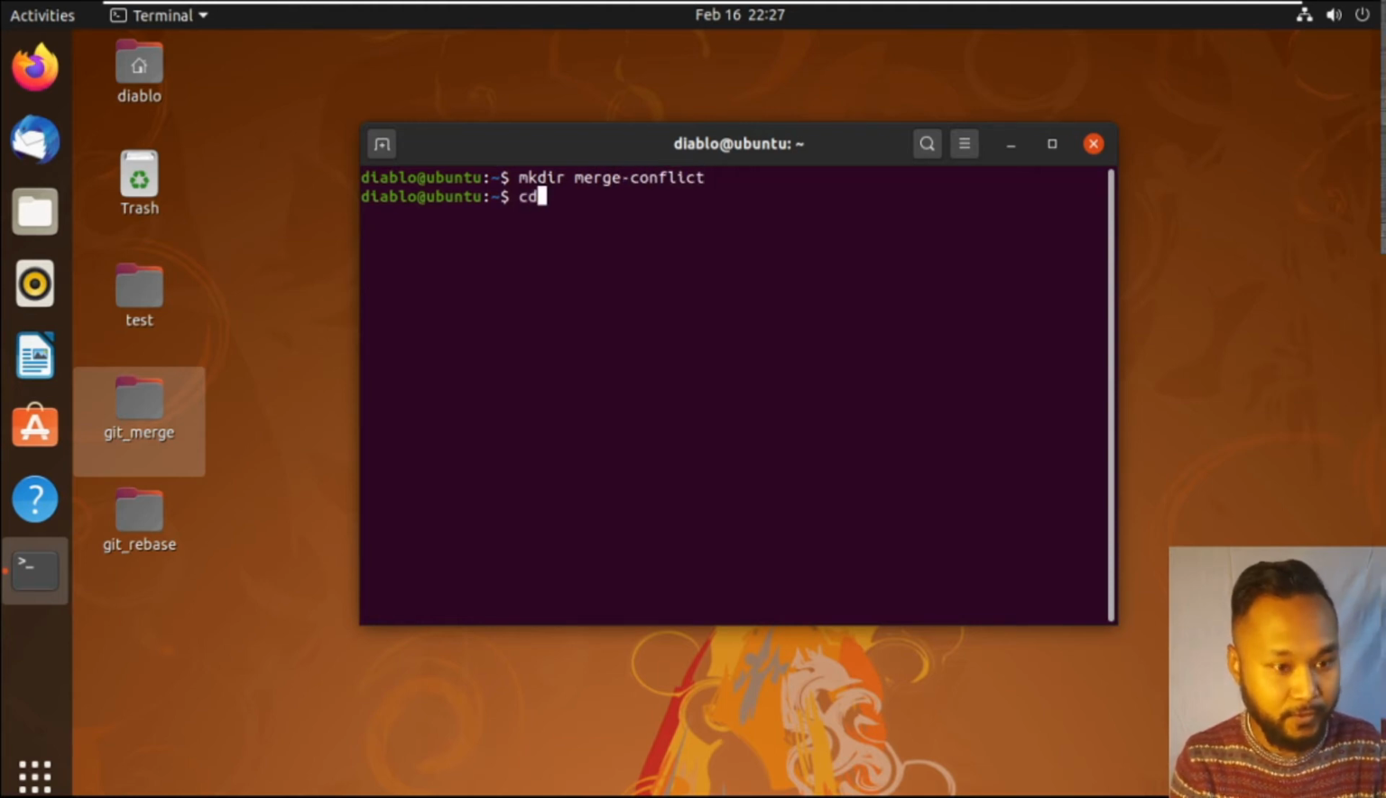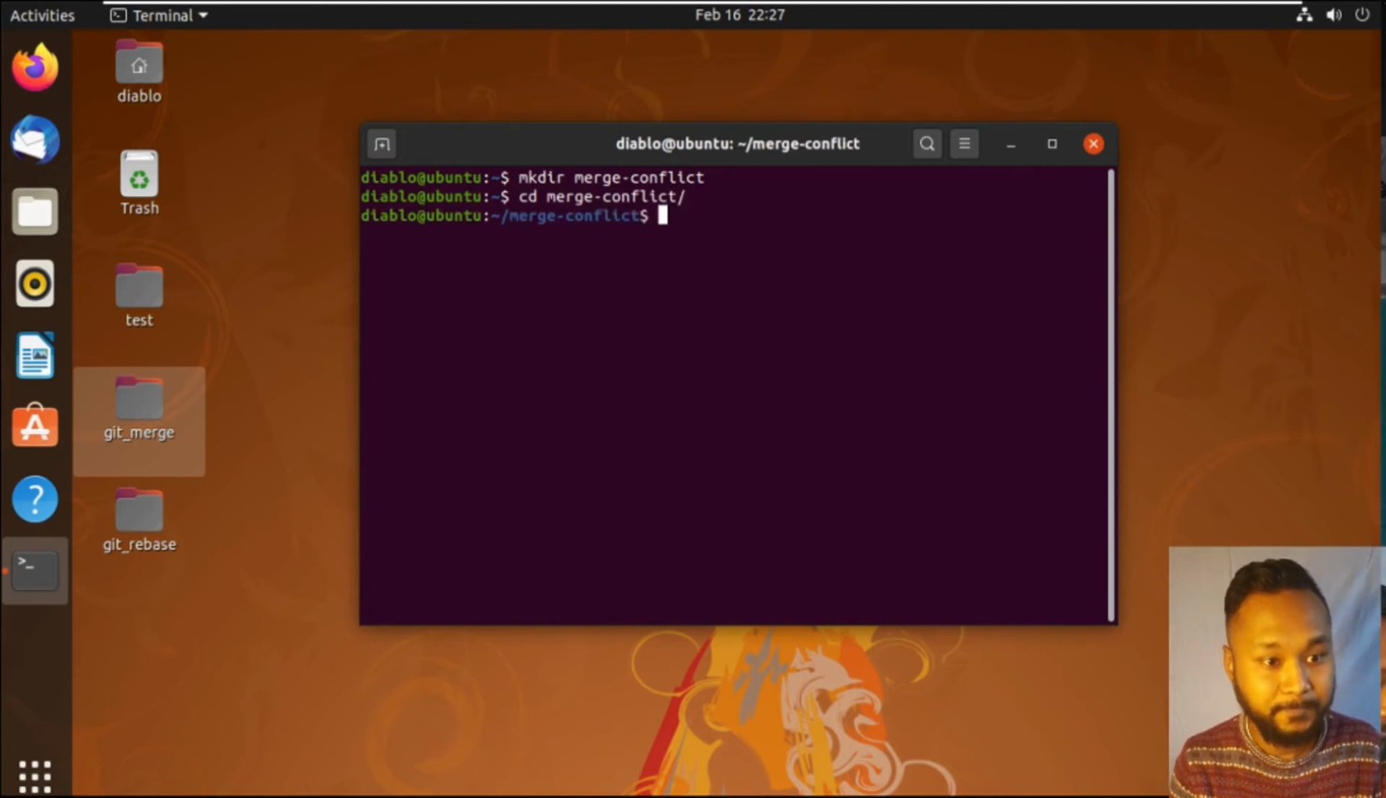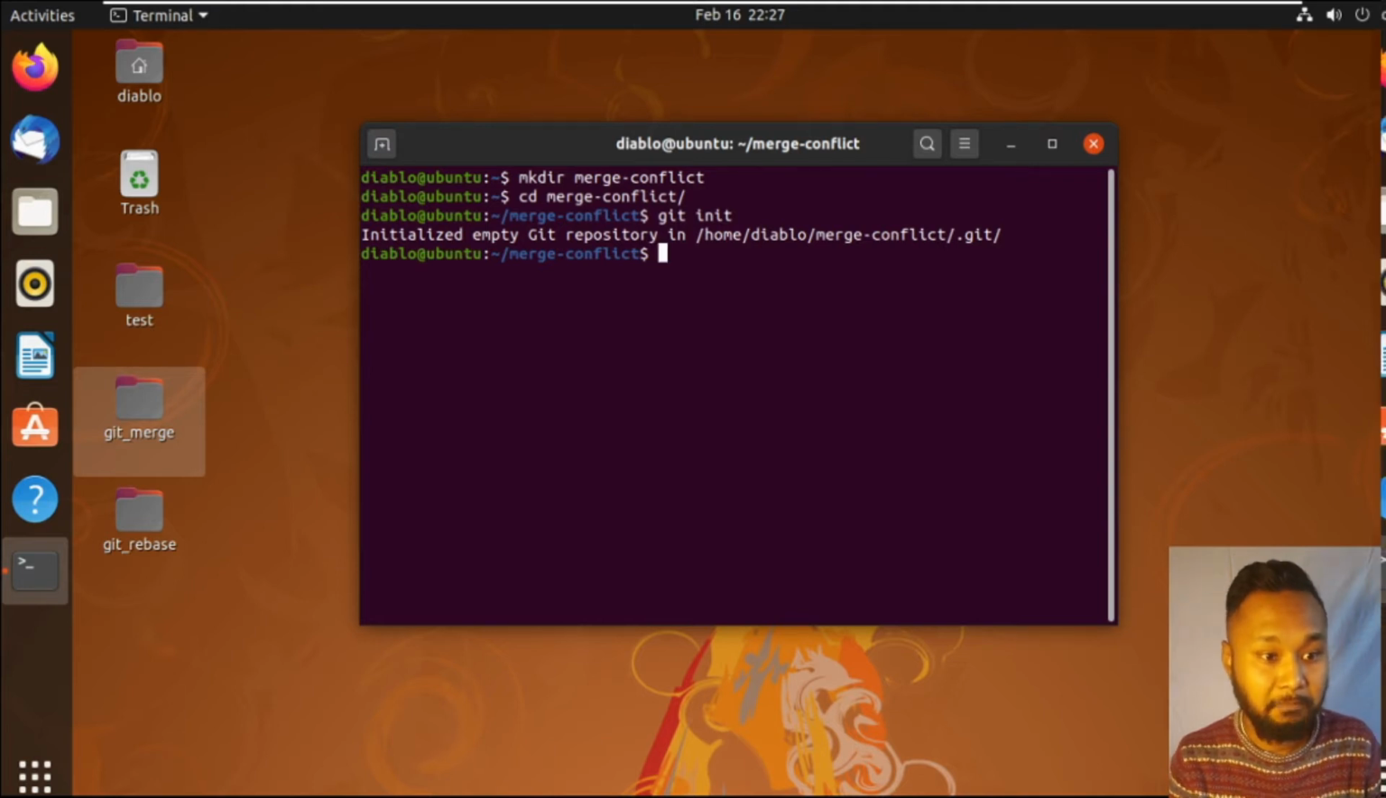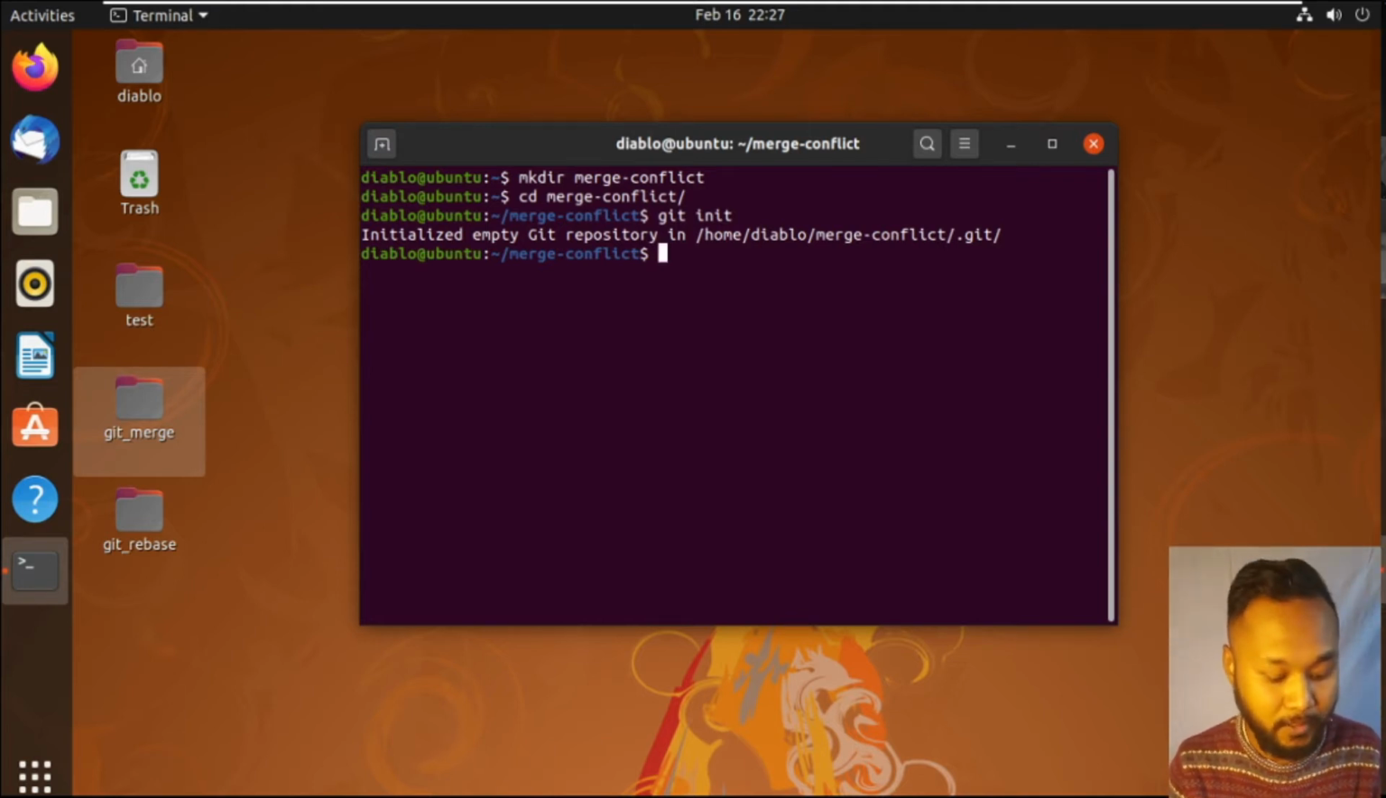We move on to that directory. We are here. So basically, at first, we're going to have an initialized repo in it. A repository has been initialized, and for a basic commit and master, we're going to create